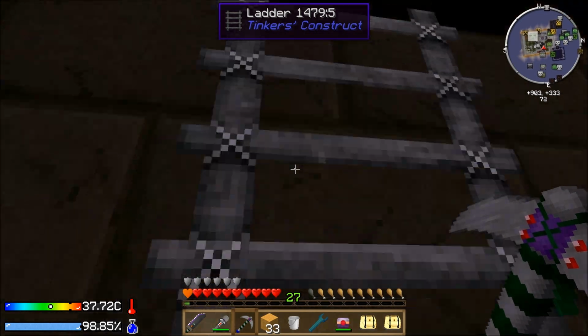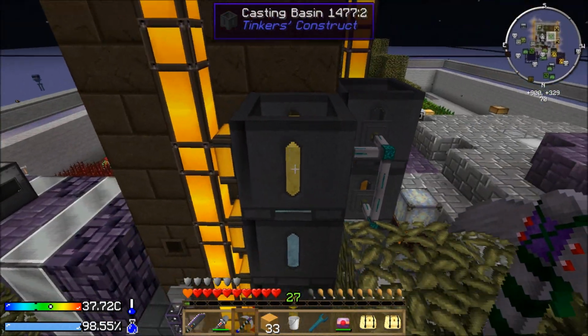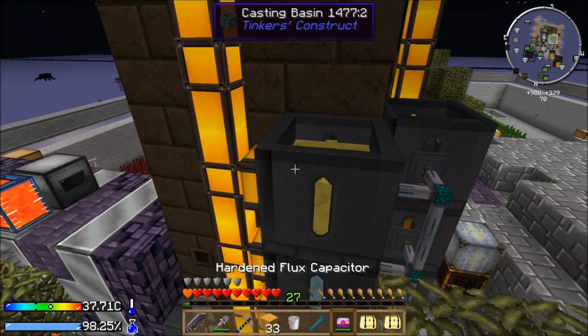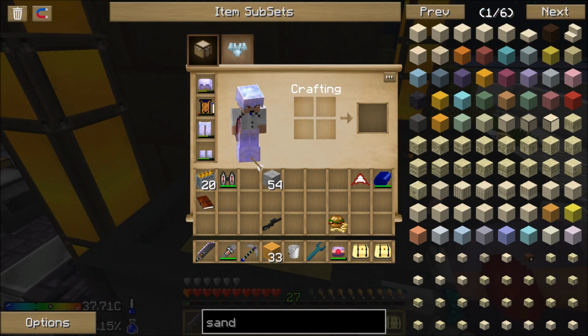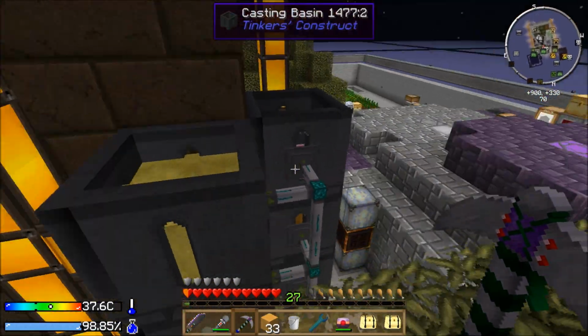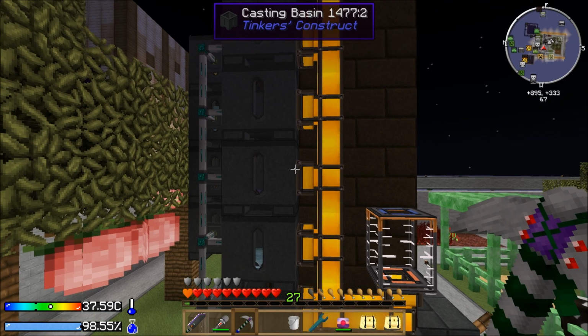The basic 9 don't include ardite and cobalt. I did not do those. So we look up here. Each one of these casting bins will only accept one type of metal. What's shooting at me? Oh, the big giant zombie. Will only accept one type of metal based on